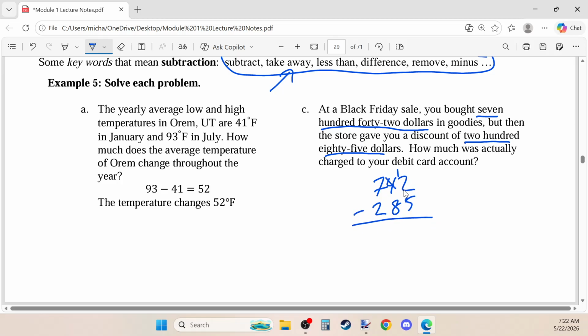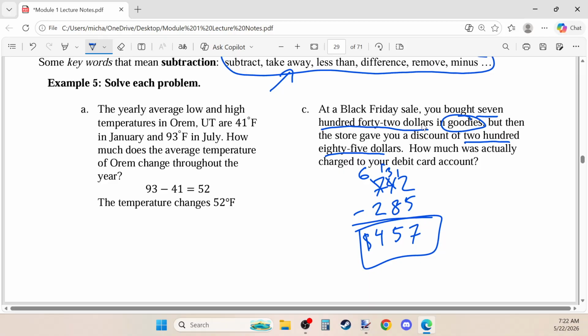Can't take 5 from 2. 12 minus 5 is 7. Can't take 8 from 4, so 13 minus 8 is 5. 6 minus 2 is 4. You spent $457 on